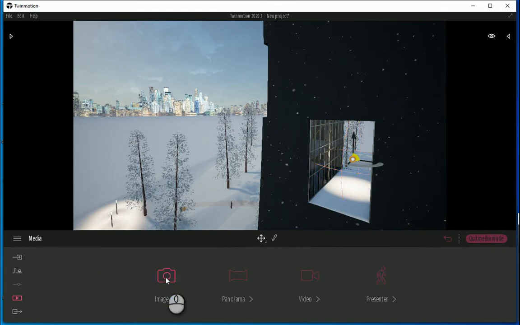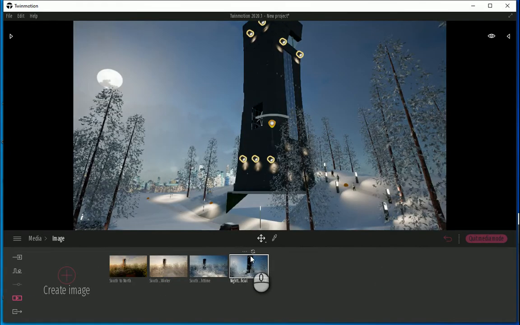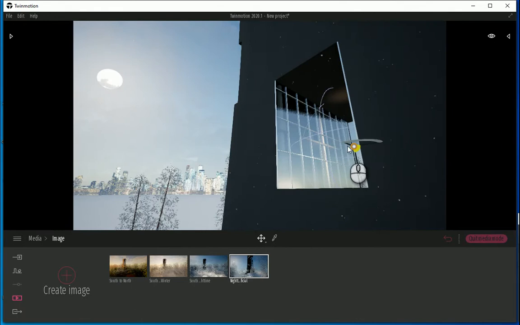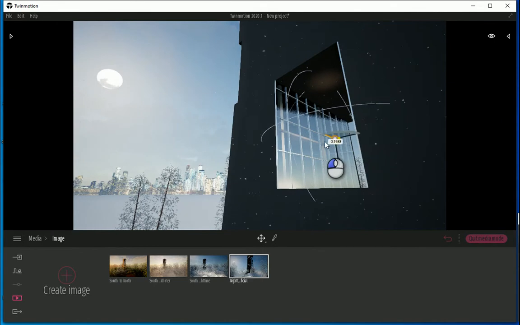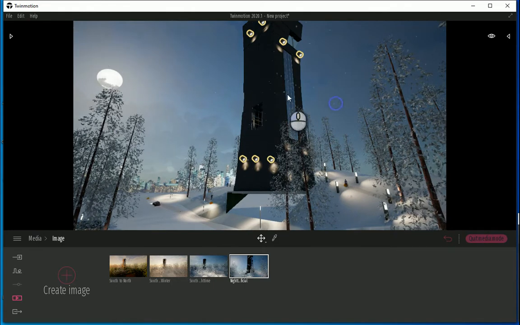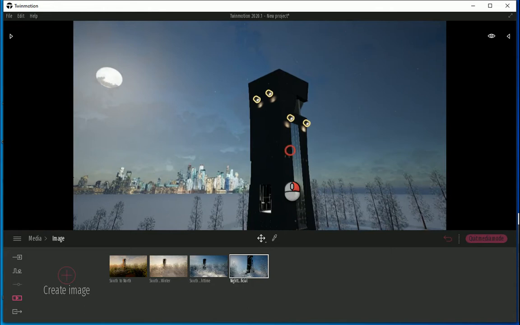And let me go back to the view. You cannot really see it from here, so maybe I would also move it a little bit towards the outside. A bit better.